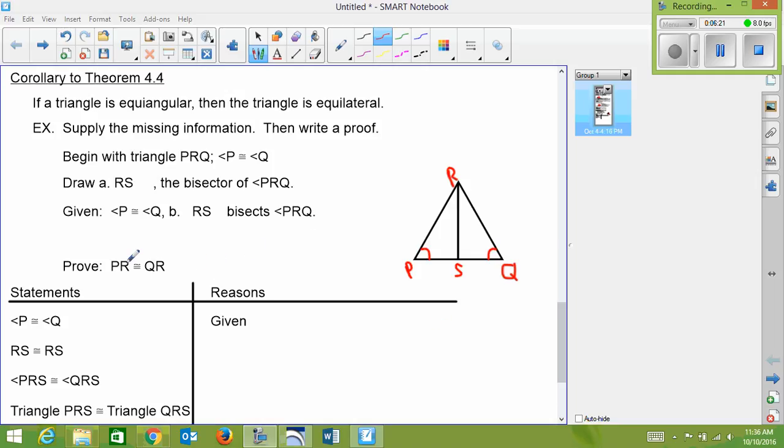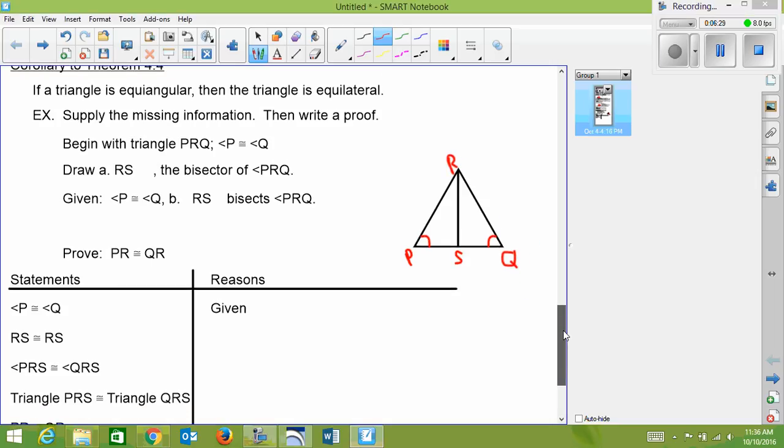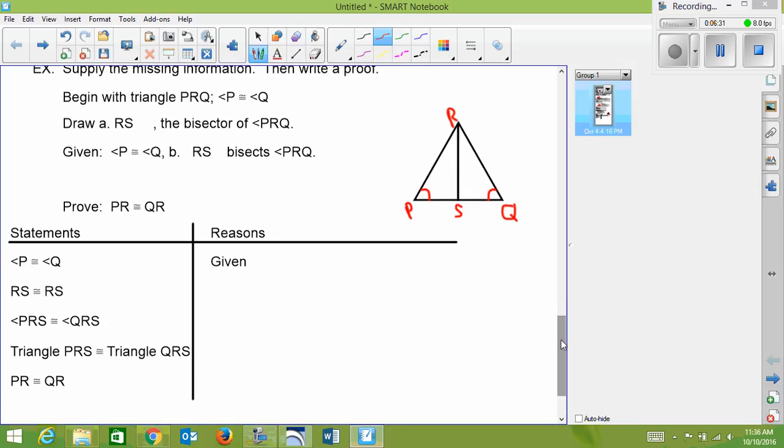So I want to prove that PR is congruent to QR. That PR right here is congruent to QR on this side. So I started with angle P is congruent to angle Q. That's given information. And then the next step, I said that RS is congruent to RS. It would have to be, right? The side has to be equal to itself. So RS is congruent to RS, which